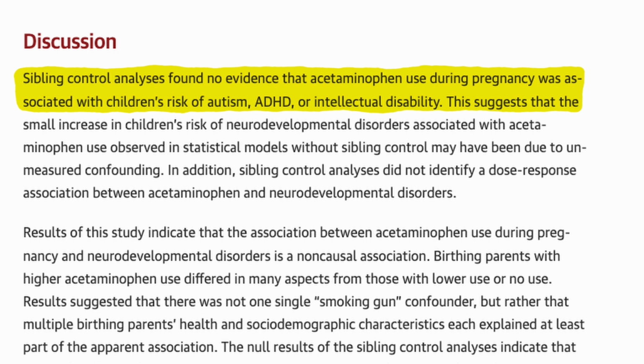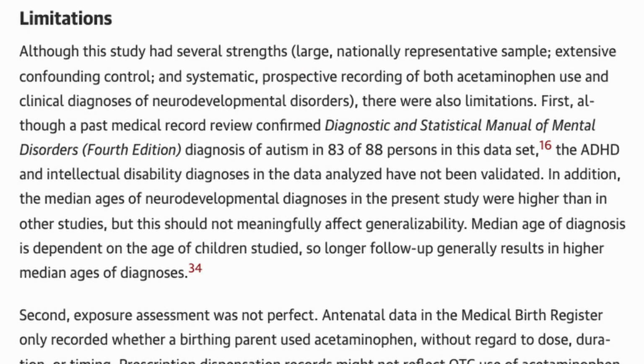Then they discuss several other studies and their various results, some agreeing with this paper and some not agreeing with the results of the studies, and the authors of this paper make the case that this study is superior to those, mostly due to the gigantic sample size, but also to the use of sibling control. Of course, they also make sure they provide the limitations of their methods, for example, that the records for acetaminophen